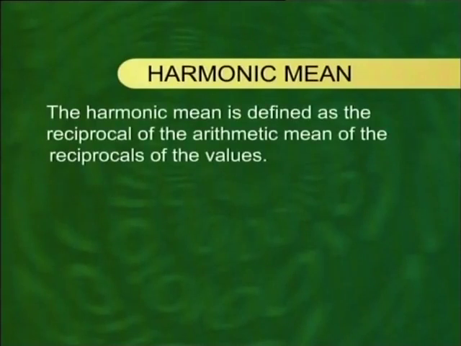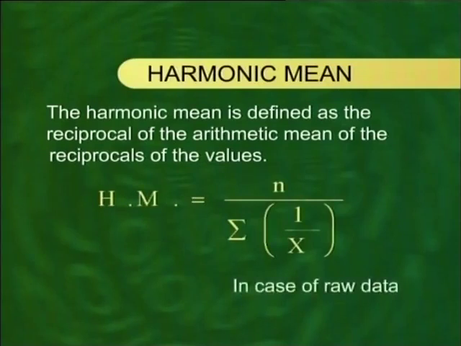Symbolically, it is equal to n over summation 1 over x. जैसे कि आप देख रहे हैं, अगर हम इस फॉर्मूले का रेसिप्रोकल ले लें, that will be summation 1/x divided by n. और आप जानते ही हैं कि किसी भी चीज का अगर आप सम लें और टोटल नंबर ऑफ वैल्यूज से डिवाइड कर दें, तो that is the arithmetic mean of those quantities. तो अगर summation 1/x over n की बात हो रही है, तो इसका यही मतलब है कि हम 1/x यानी x वैल्यूज के जो रेसिप्रोकल्स हैं, उनकी अरिथमेटिक मीन की बात कर रहे हैं। So that thing will be equal to 1 over the harmonic mean,